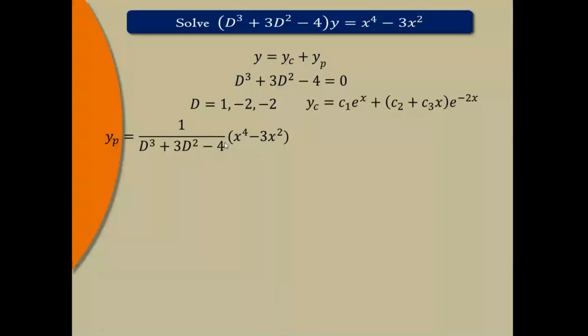Now there are different ways to get 1. You can write minus 4 as minus 3 minus 1. But if we write it as minus 3 minus 1, then except minus 1, every term should contain d. But minus 3 doesn't contain d. So splitting 4 to get 1 is not the convenient way. Because if every term will not contain d term, then while doing the expansion, we get a problem because that term will be unending. So try to get 1 such that the remaining terms will contain d.